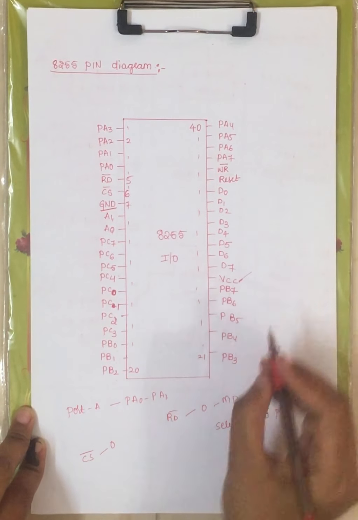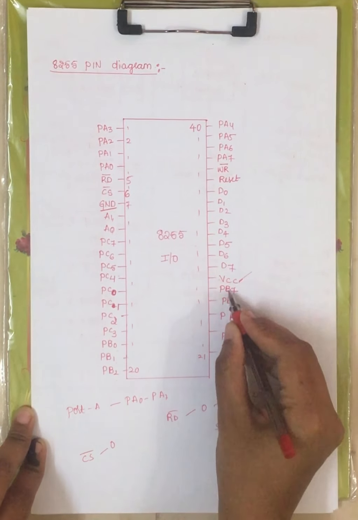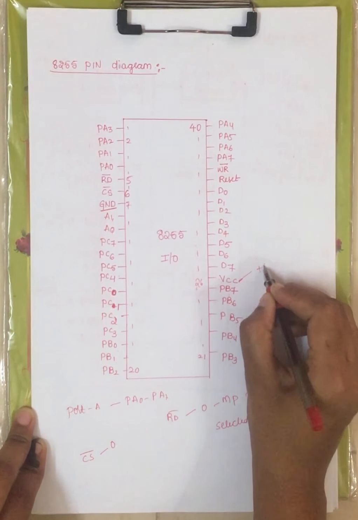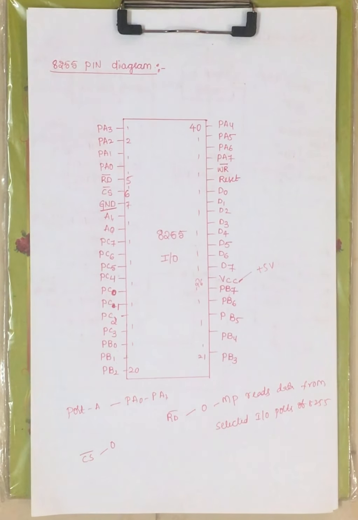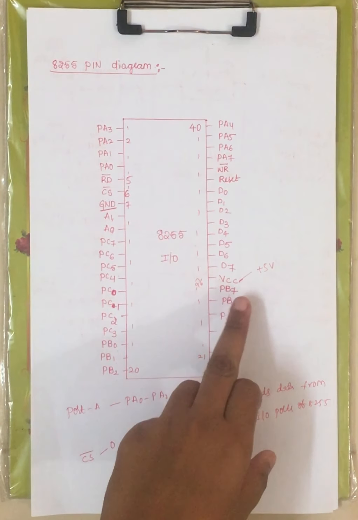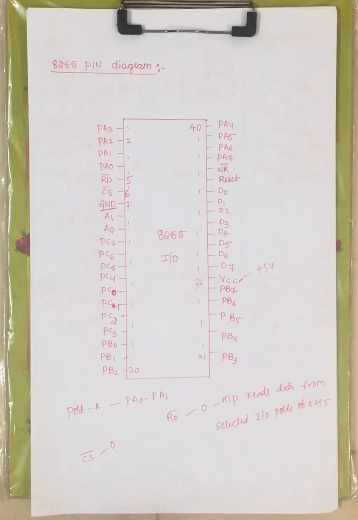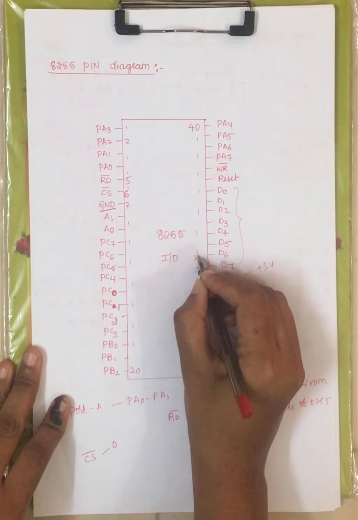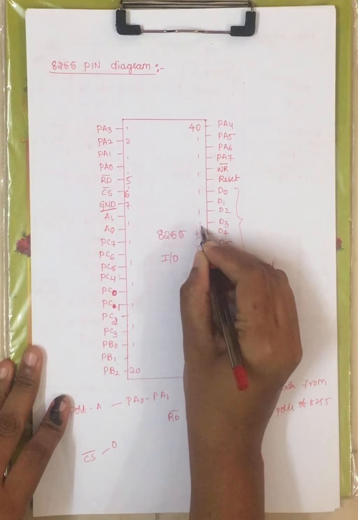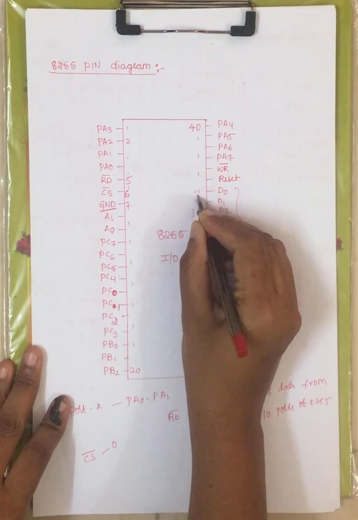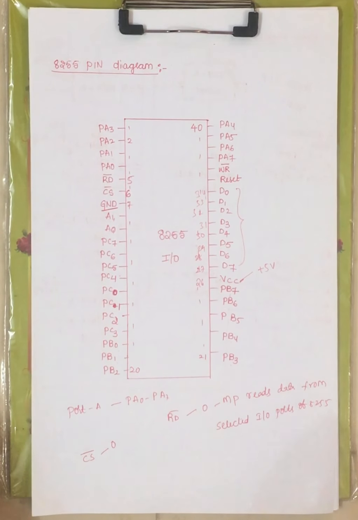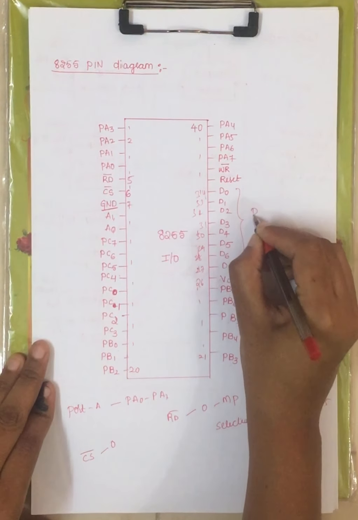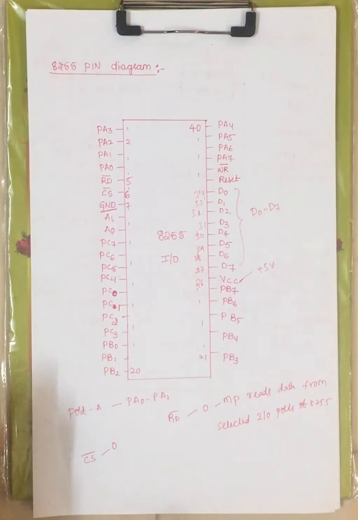Now VCC is available at your 26th pin. Plus 5 volts of power supply can be provided at this pin. The 26th pin of 8255 is VCC, that is plus 5 volts of power supply is provided at this particular pin, right? Now it has 8-bit data, starting from 27, 28, 29, 30, 31, 32, 33, 34. Now starting from 27 to 34, these pins are allotted for the 8-bit data bus, that is D0